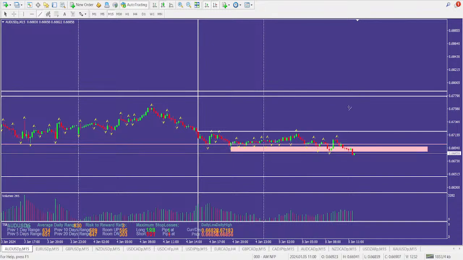So obviously then what we'll wait for is we'll wait for price to give us entry confirmation, obviously before the news is released. Then we'll look to buy over here. Then obviously if price